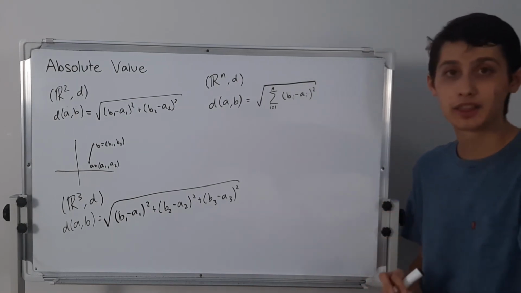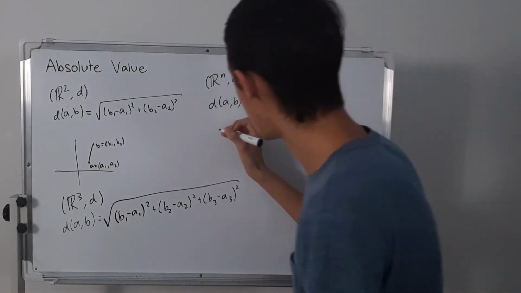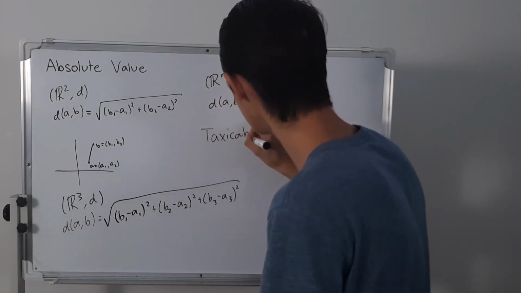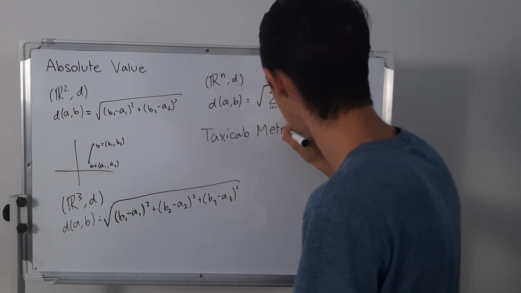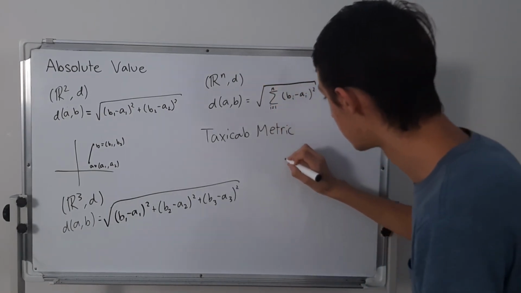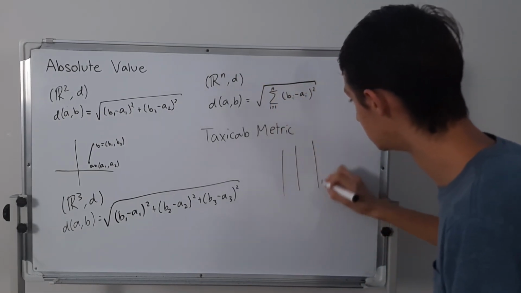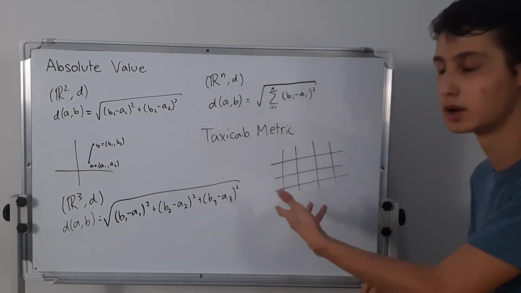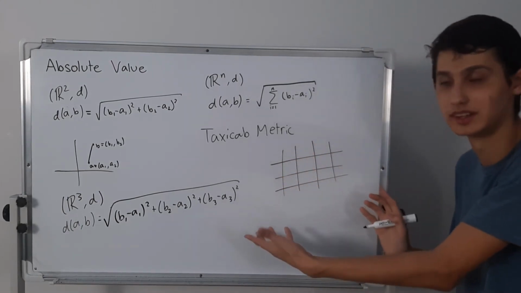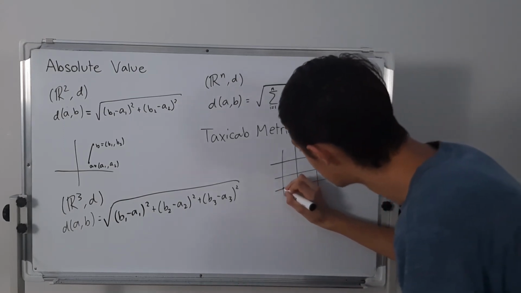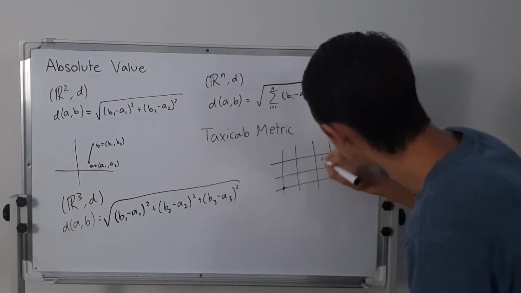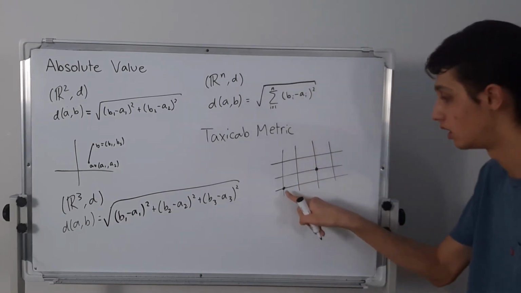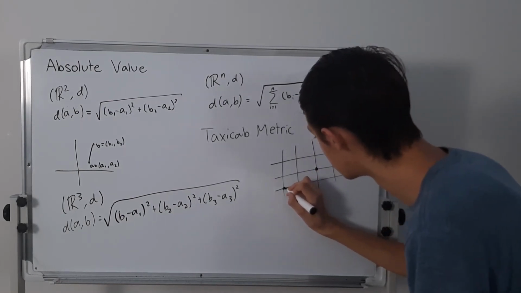Now, there are other distance functions. One popular one that I really like is the Taxicab Metric. The Taxicab Metric is really interesting because think of a city, like New York City or whatever, and you have these roads, like the roads in a city. Let's say you want to go from here to, I don't know, over here. You can only travel on these lines. So maybe you start off here,